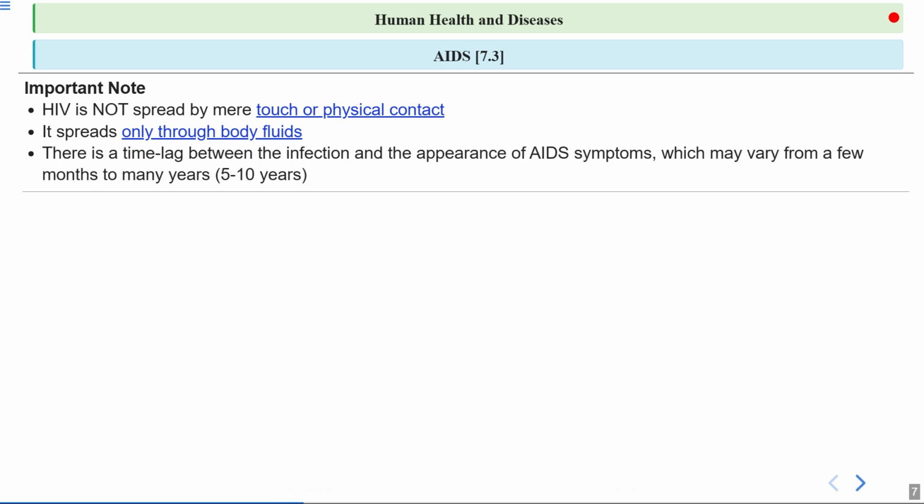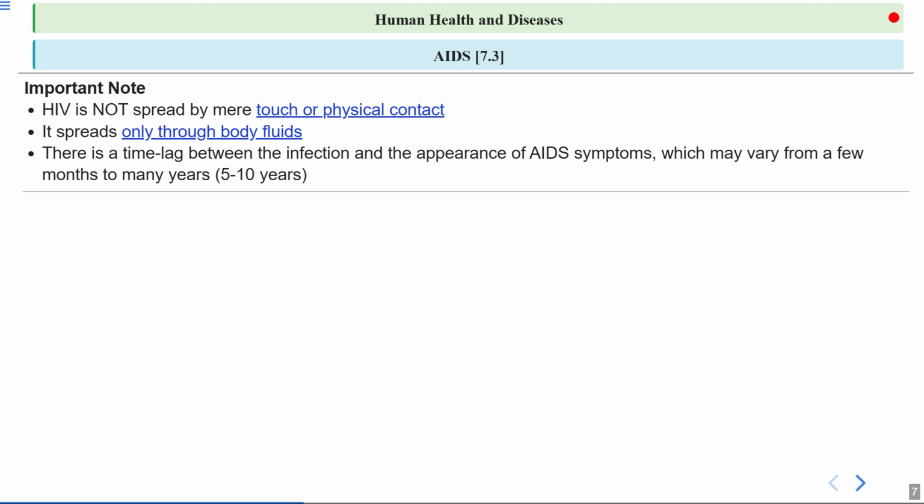Finally, it's important to understand that after someone is infected with HIV, there is a time lag before symptoms of AIDS appear. The symptoms of AIDS appear after some years, maybe 5 to 10 years. So this period can range from a few months to as long as 5 to 10 years as well. So you can see the symptoms are appearing